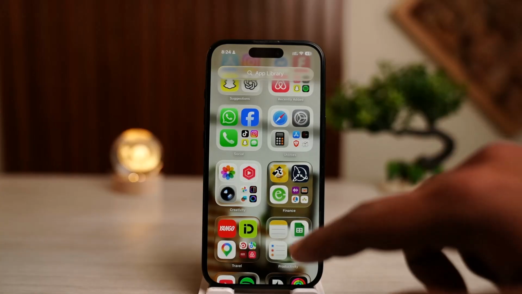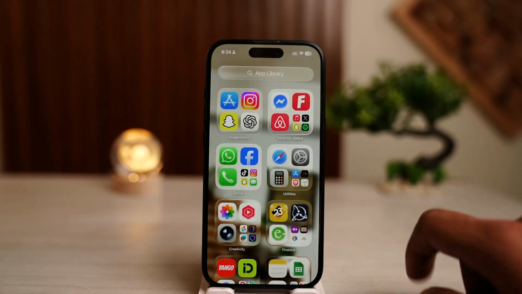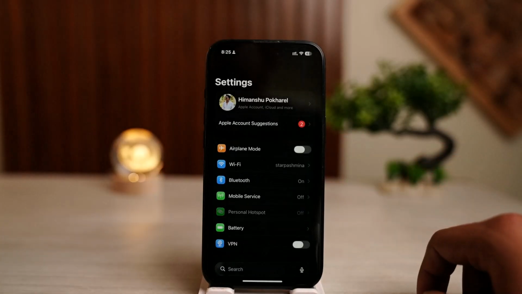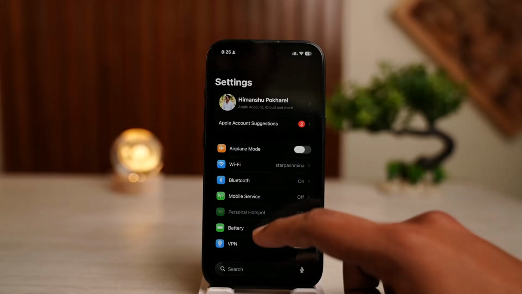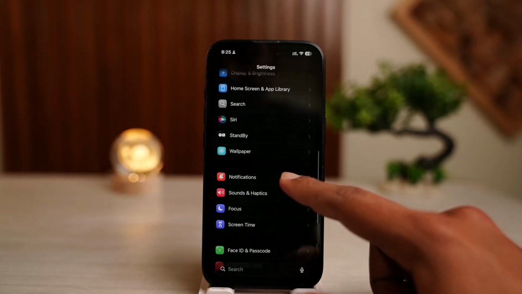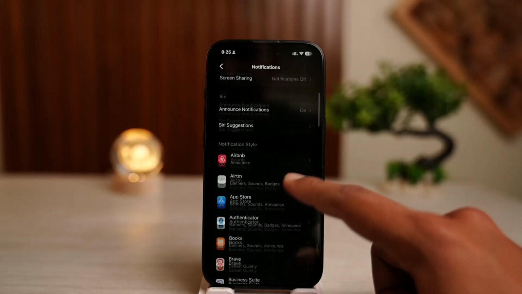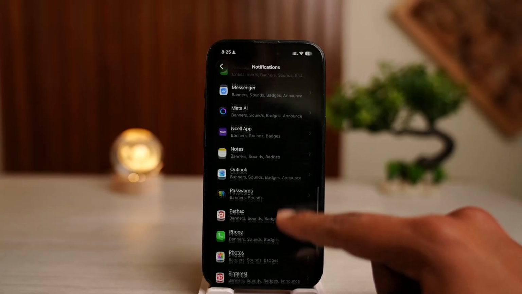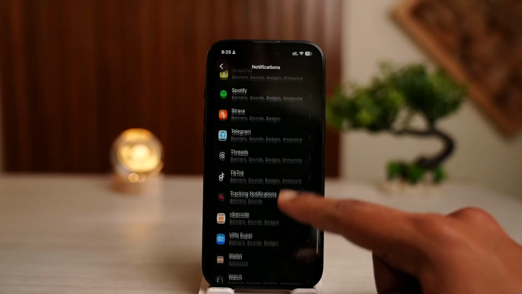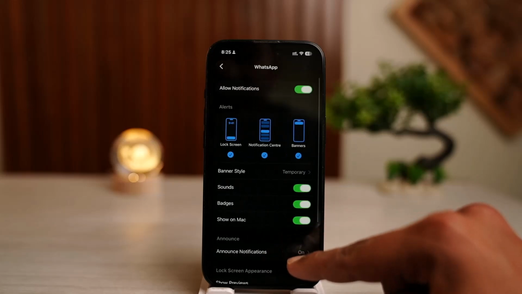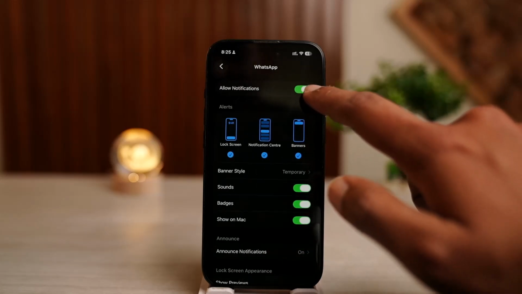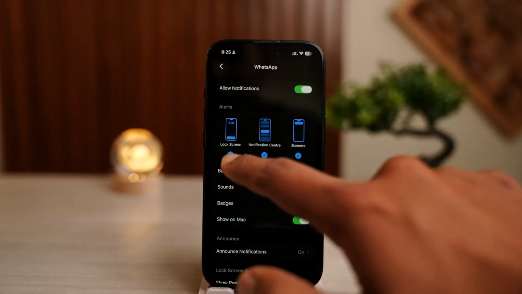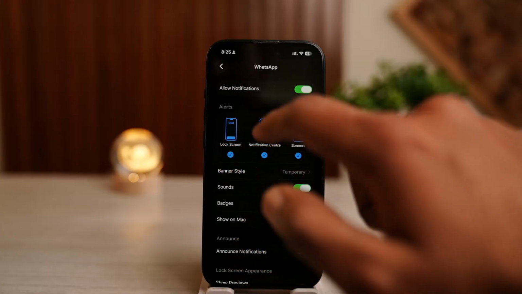The first thing you want to do is simply go ahead and open your device setting right over here. And once you've done that, you want to simply go ahead and look for notifications. Inside of your notification settings, you want to simply go ahead and find your WhatsApp. And inside of your WhatsApp application, make sure that allow notification is turned on,